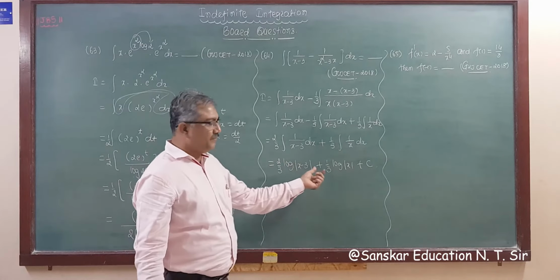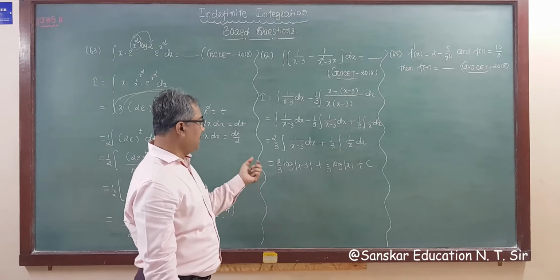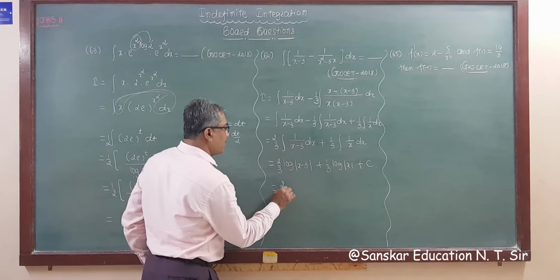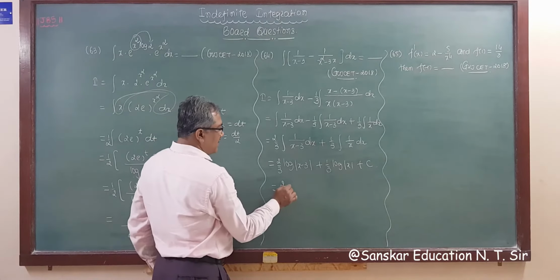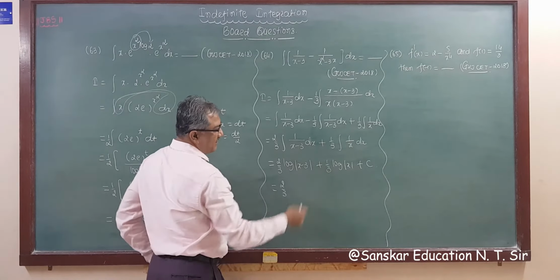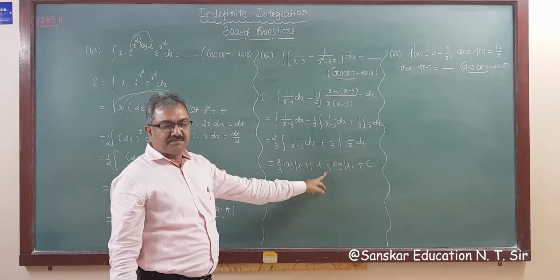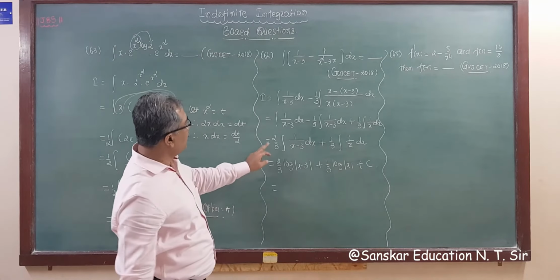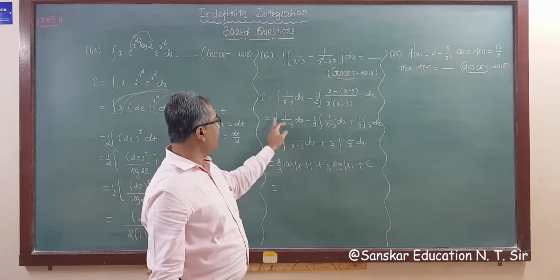So taking, how this is not given, right? So taking 2 by 3 common from here, right? If we take 2 by 3 common, then this becomes 2 by 3. Then we have to multiply, divide by 2 here. So that option is not available. So there is some mistake, right, in the answer. Because if we write this is 2 by 3, how we get 2 by 3? This is 1 minus 3 minus 1, 2 by 3.